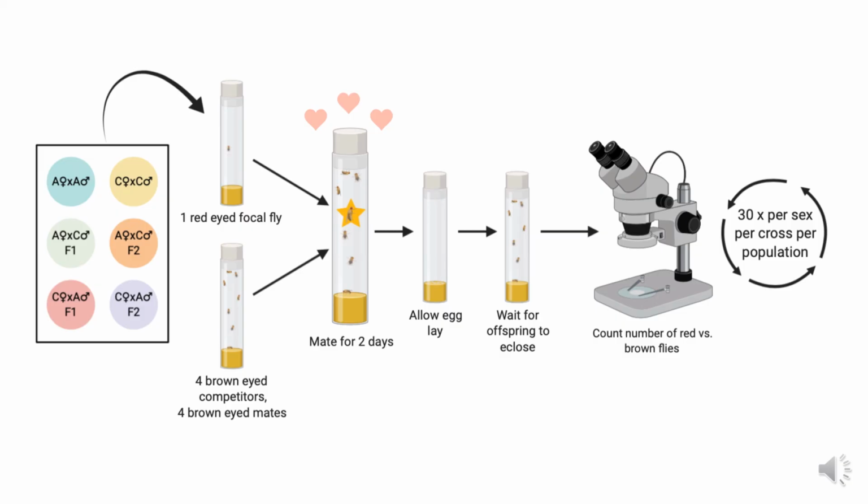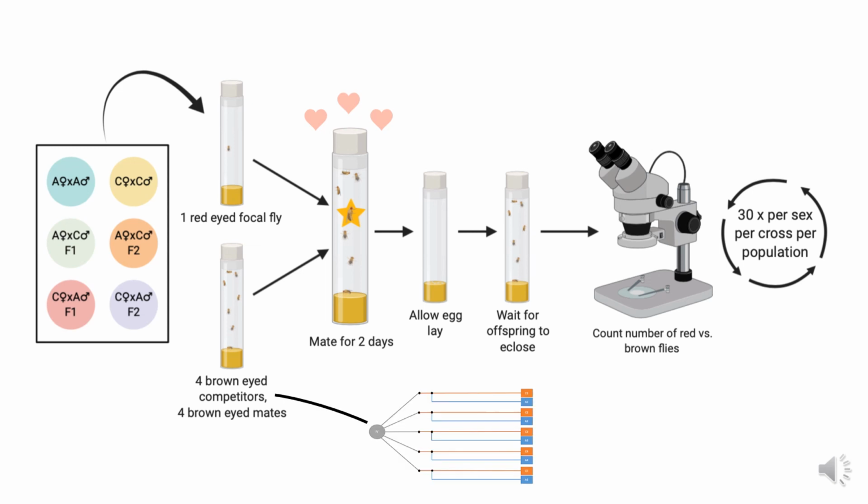In this experiment, as with the mate choice experiments, virgin flies reared in high food conditions were used. Single focal flies were combined with 4 competitor flies and 4 target mates. Competitors and target mates were homozygous for recessive mutation BW, which confers a brown-eyed phenotypic marker, which allows us to record the proportion of offspring that belong to the red-eyed focal fly. In order to use an outgroup that is common to the C's, the A's, and all potential hybrids that ensue from them, we use the IV baseline ancestor and backcross the BW mutant into those lines,